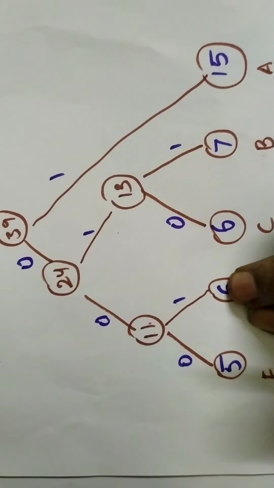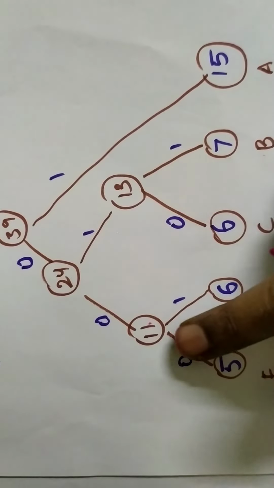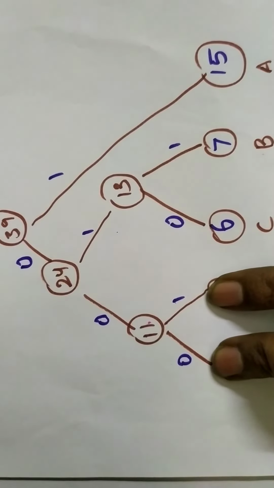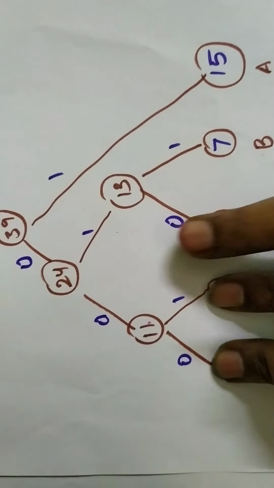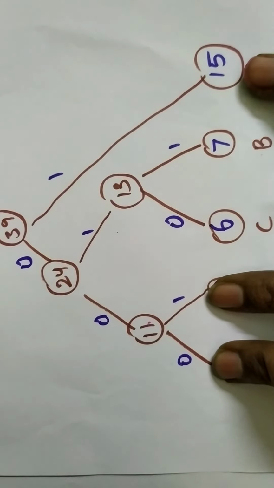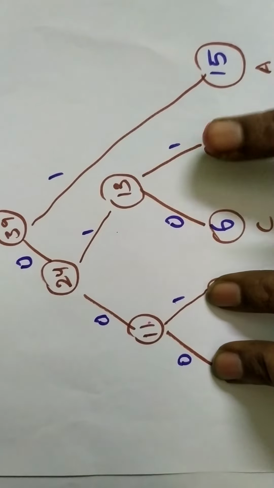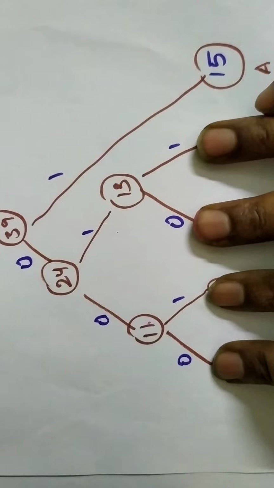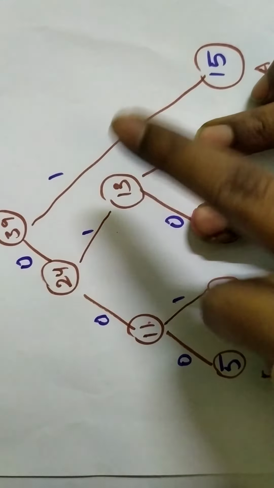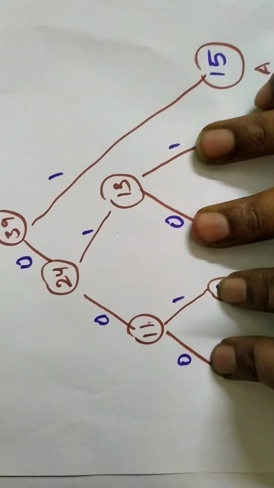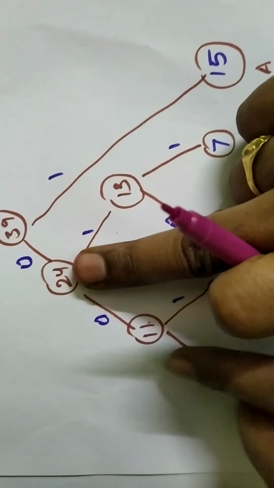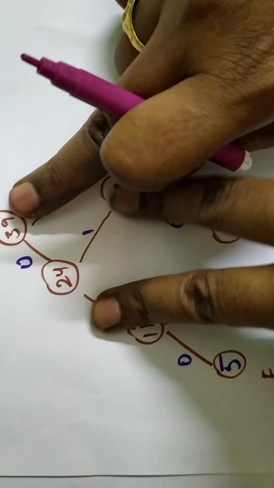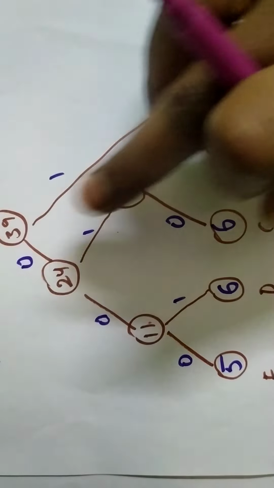5 plus 6 are the minimum values among all frequencies, and the value is 11 here. Now ignore these 5 and 6 and take these 4 values: 11, 6, 7, 15. Among these, 6 and 7 are the least, so add them and create a node, that is 13. Now ignore these 2 also. Now the values are 11, 13, 15. Add 11 and 13 and make a node like 24. Now 24 and 15 are there. Add them and we get a node like 39.